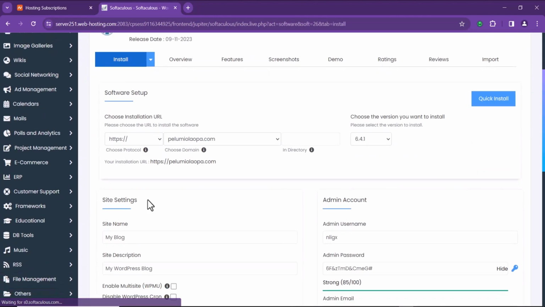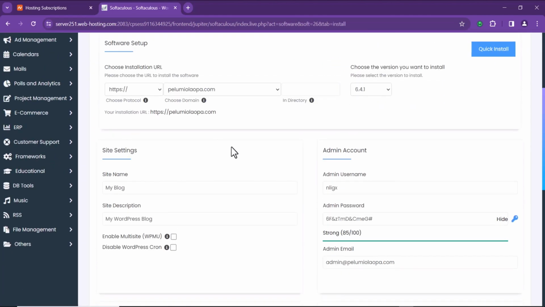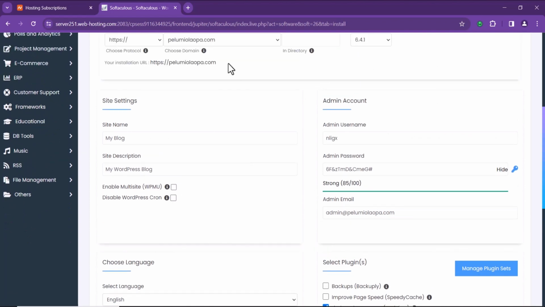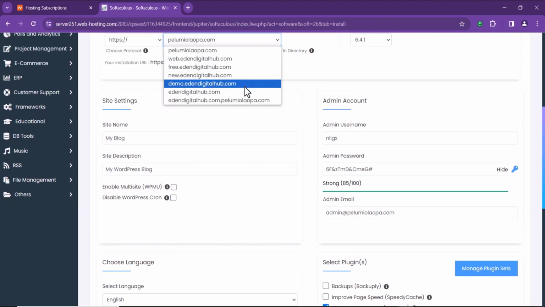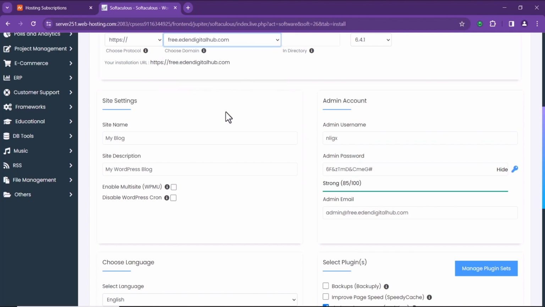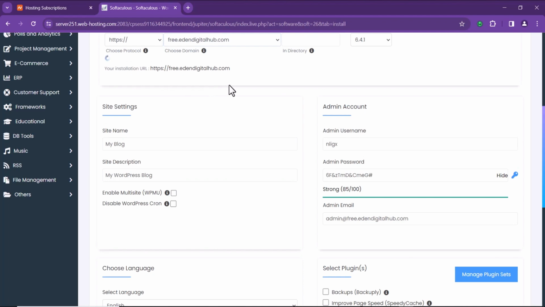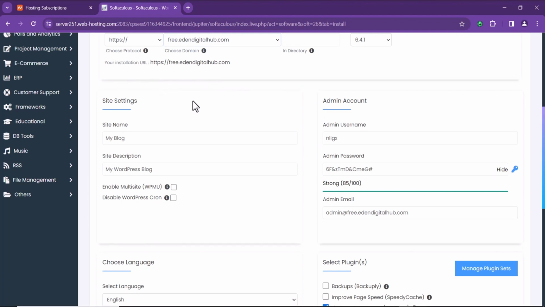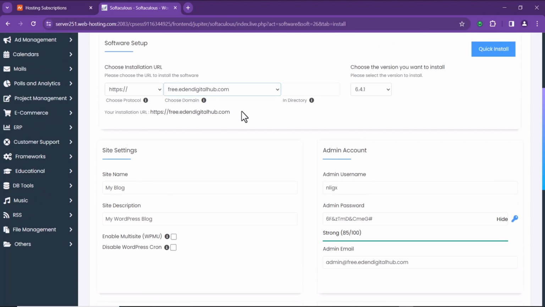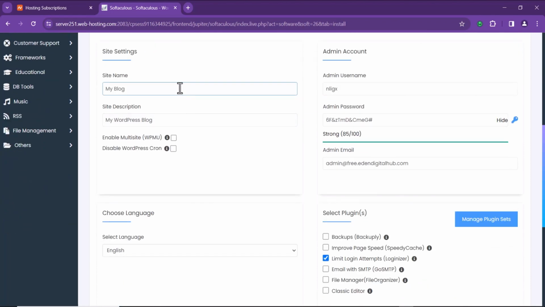Once you click install, you see some domain names that you'll be asked to choose from. So just choose your main domain name. For me, I'll just use a subdomain name for the sake of this video tutorial. I don't have any new domain name, but for you, just choose the domain name that you bought, and then the site name. You can always edit this later. So let me just use myself as an example. Let's say the site name, let me use my name. Then the description,